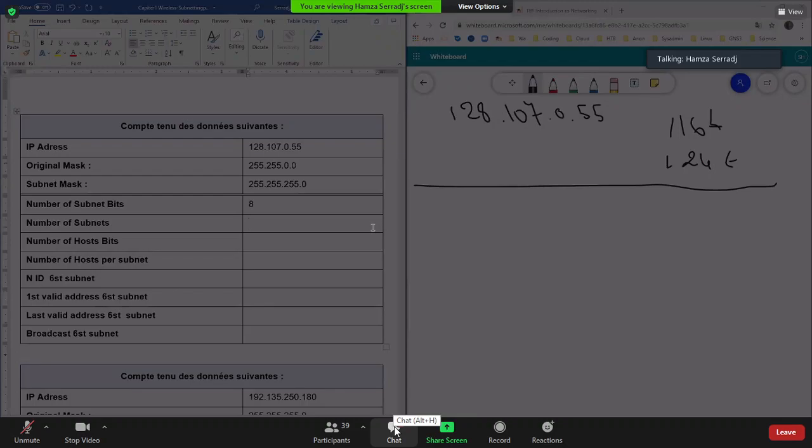Why the hell minus 2? We are not dealing with the hosts here. We're dealing just with subnets. There's no minus 2. Why would you need to subtract the broadcast and the network ID? We're not on the host, we are just on the subnet. So it's 2 power 8. That's it, there's no minus here. Just 2 power 8, and that's going to give me